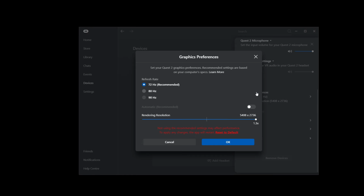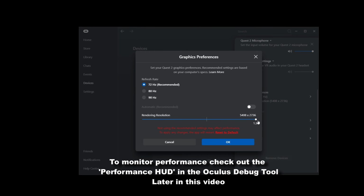So one thing to look at once you've got your Quest set up is the graphic preferences, and you'll want to adjust this according to your PC setup. Now, by default, it'll be set to 72Hz, and this will be set to automatic recommended, and this is the default setting where if you just want to plug it in and you want it to work, then just leave it on this. But if you want to squeeze a bit more performance out of the headset and make the games look a bit sharper in the headset, then you'll want to try changing these settings and monitoring the performance